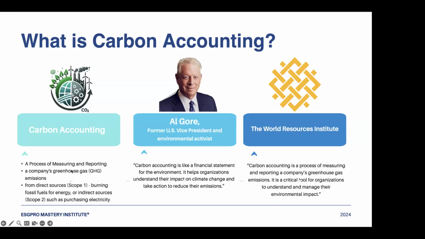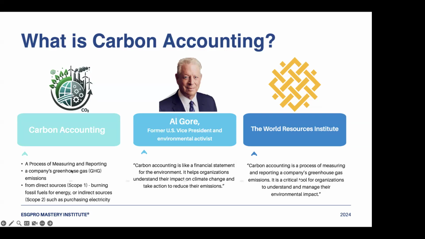The second pillar is which source it comes from. Is it coming from scope 1, scope 2, or maybe from your value chain, which is scope 3? So either it is coming from direct sources, or it is coming from indirect sources, but not under your control, rather under your supplier's or your customer's control. Make sense? That is how scope 1, 2, and 3 are defined. Of course, you need not know this now. I will give a detailed understanding of the same. By the end of today, you will definitely understand this.